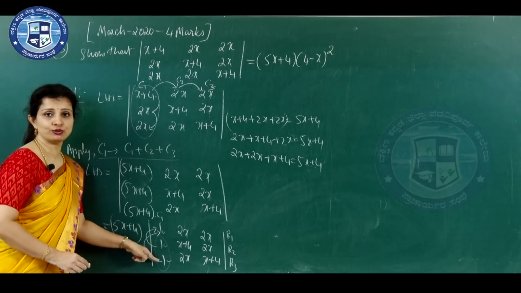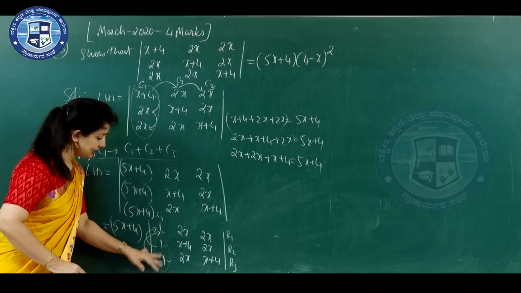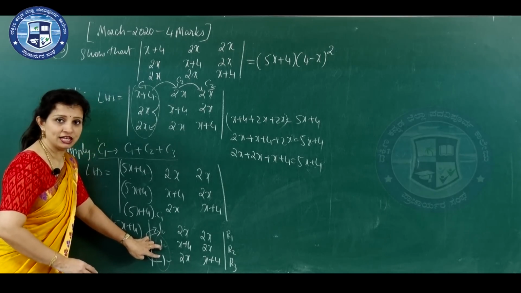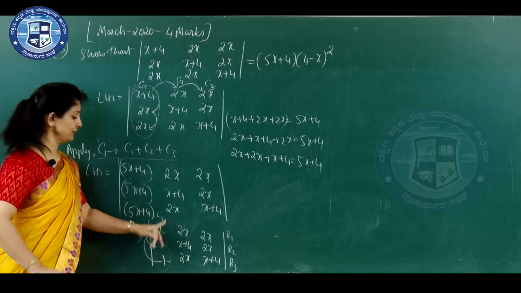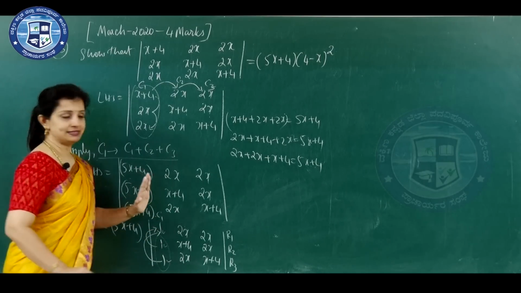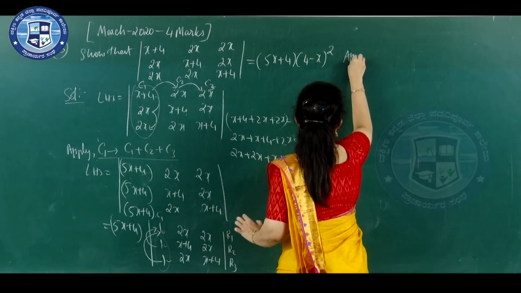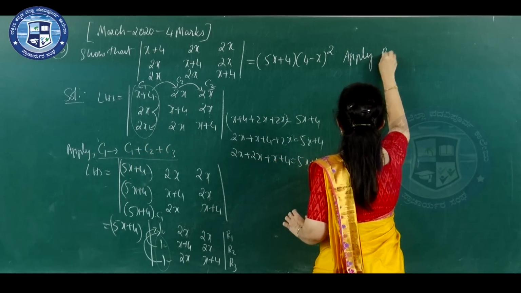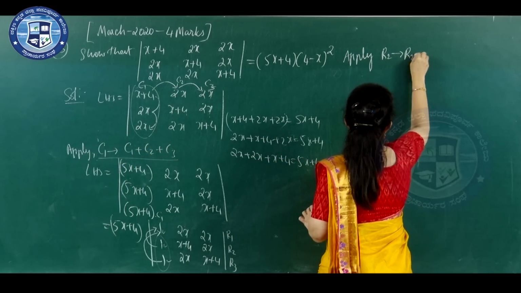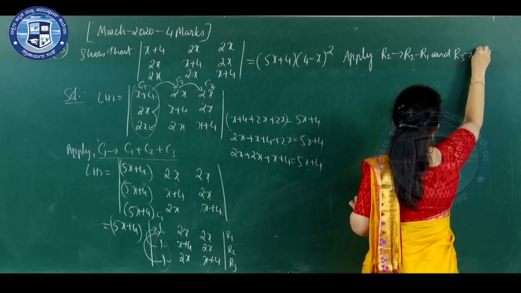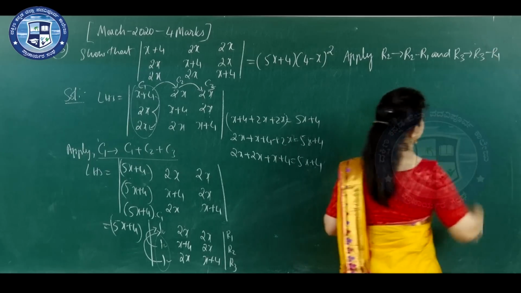Once you convert these 3 ones into 2 zeros, then it is possible to expand it along the first column to get the answer. So, apply